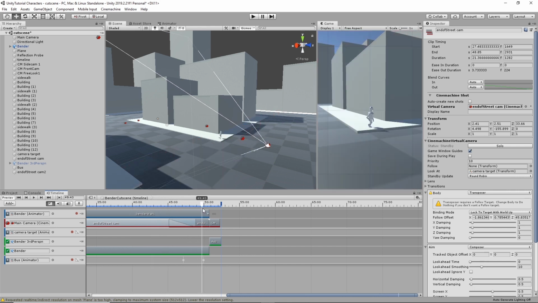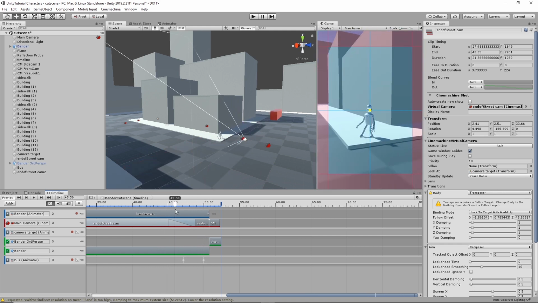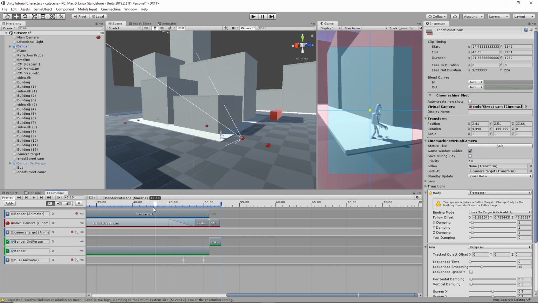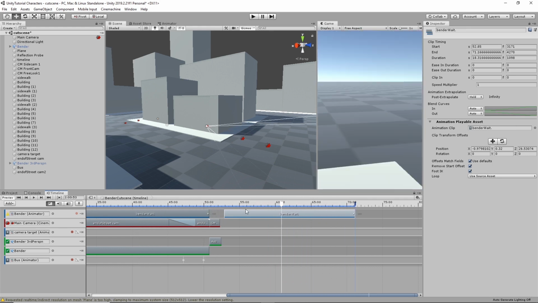Kind of want that head to be whipped around as he's doing it, so I may do a transition in the walk and the wait animation as well to make it look like his head, because he does this head look right there. So what I can do is go C and V, paste that. I want to get to, so